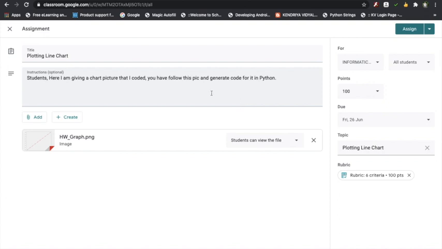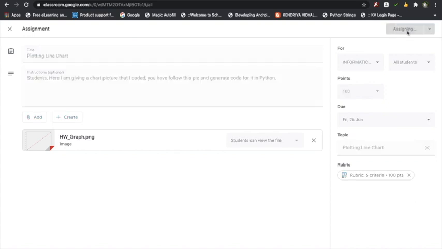The assignment is created, additional resources are attached with the assignment, and the rubric is created. In this way we will create one assignment, and this assignment will be there forever. If you want to reuse it later for any other classes, you can. Now after creating the assignment, one part is missing, that we have not yet assigned it. So don't forget to click this button, assign. Just click on this button, assign, and it will assign that task to everybody in your class.